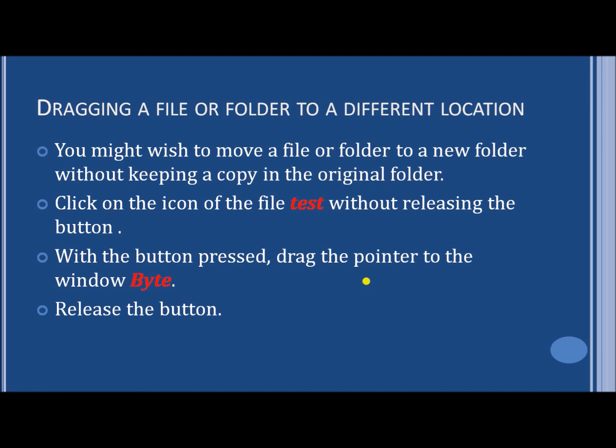When we release the button, that test file which was previously placed in the right folder has moved from right to the byte folder, and it is not present in the right folder because we have changed its location.